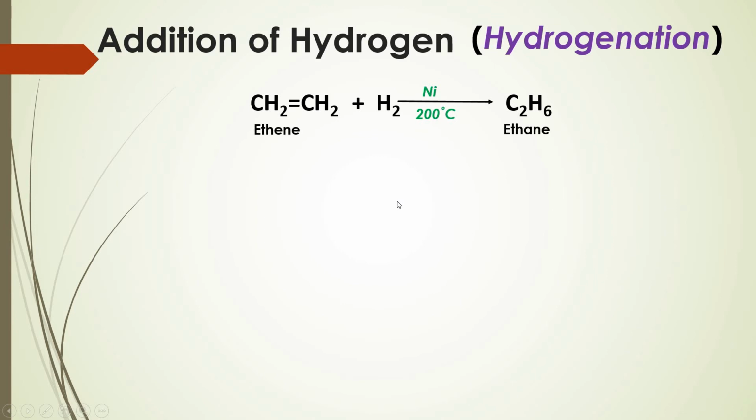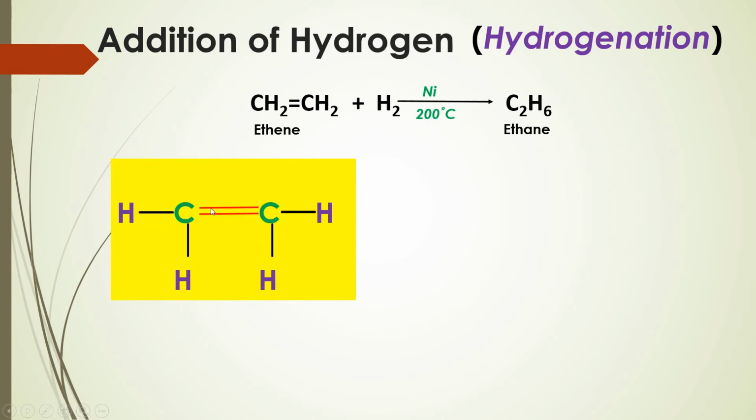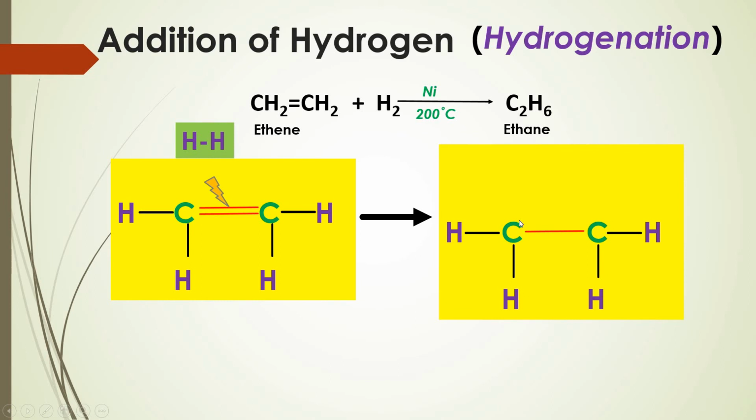Let's see the reaction mechanism. In the beginning we have ethene like this. This is the structural formula, with the double bond between two carbon atoms. When we bring hydrogen in the presence of catalyst nickel at around 200 degrees Celsius, with the energy, this bond gets broken and it forms two single bonds with carbon, where carbon gets attached to one hydrogen atom,